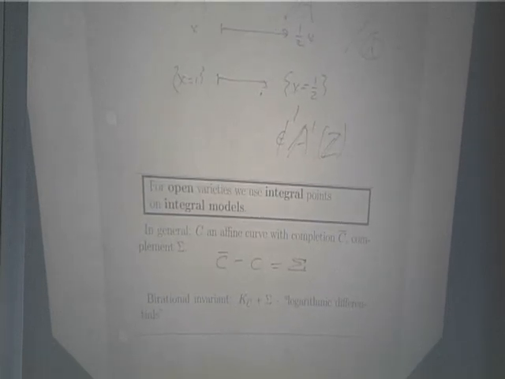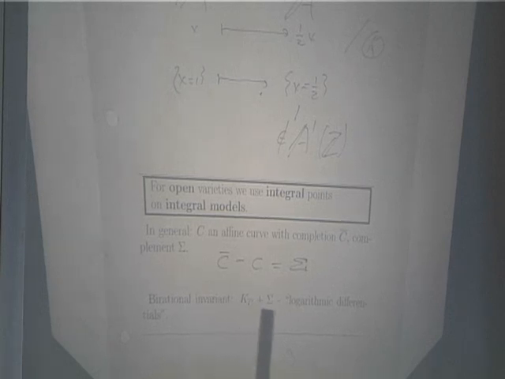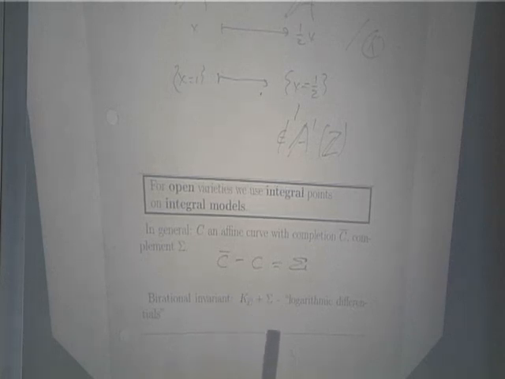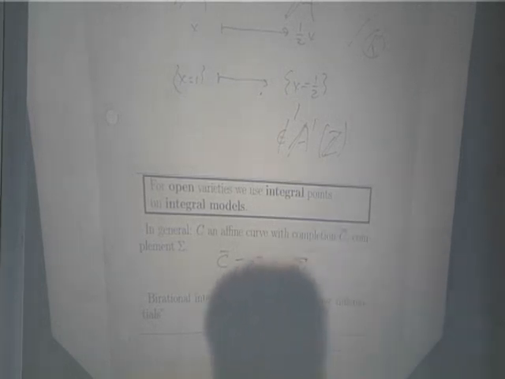And I want to have something that is analogous to the canonical sheaf, the sheaf of differentials on a projective curve, and the best analog we know of is the divisor class K_C plus the points removed, taken with multiplicity 1. This is called the divisor of a logarithmic differential.